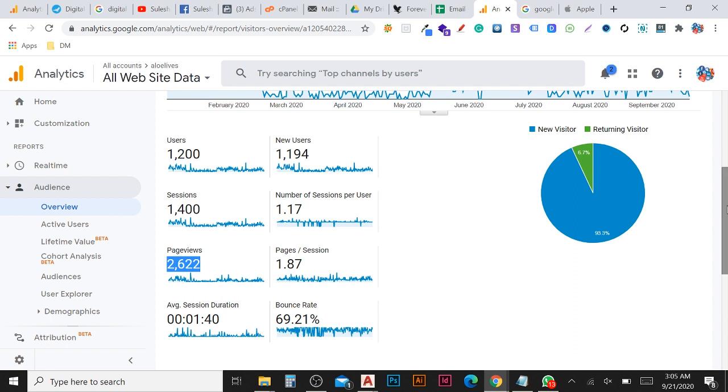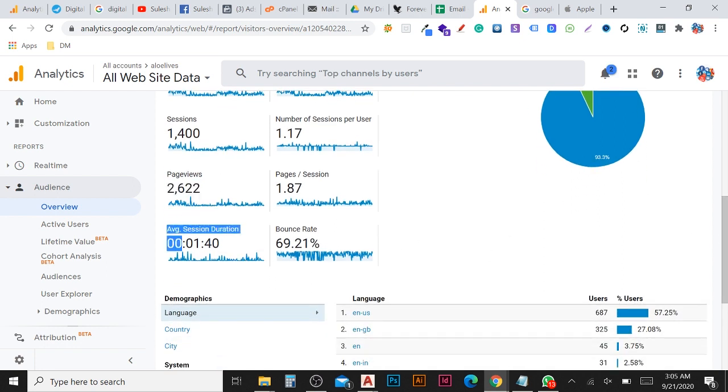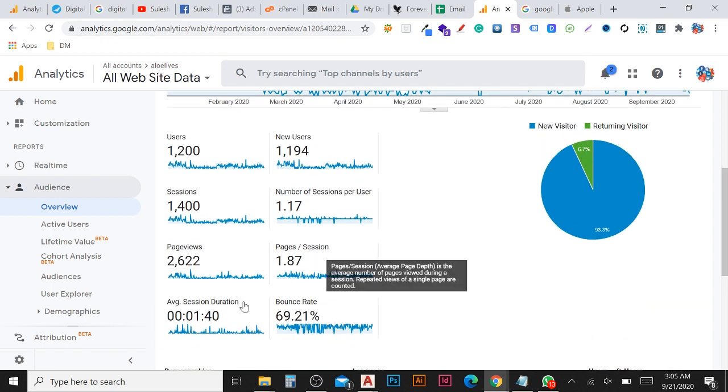Then after that, here you can see average duration, how long the session duration is, one session on average,